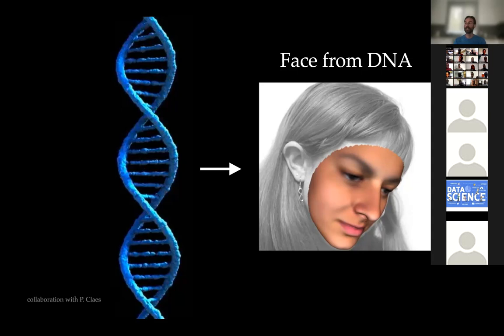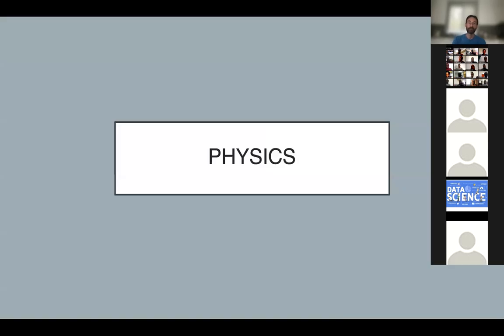So you can imagine, for example, applications in forensics, where you can try to identify the suspect or a victim of a crime, or you can also think of maybe historical or archaeological applications where it is important to reconstruct the face of a person that lived in the past. I'm not necessarily saying that this is a solved problem. It's very complicated, and my collaborator Peter Claes, who works on this in Belgium, they actually apply geometric deep learning techniques to the prediction of genetic syndromes that sometimes are manifested in certain facial features.